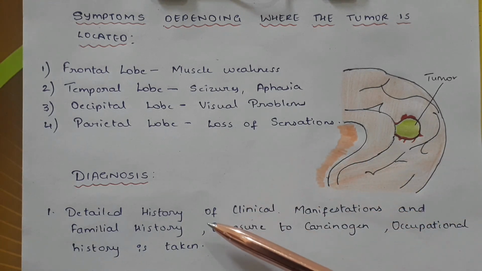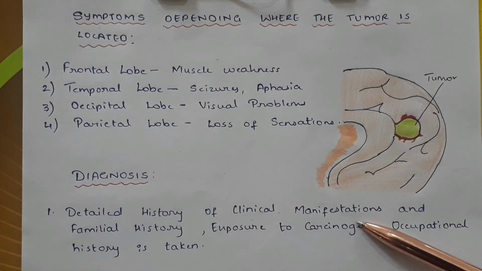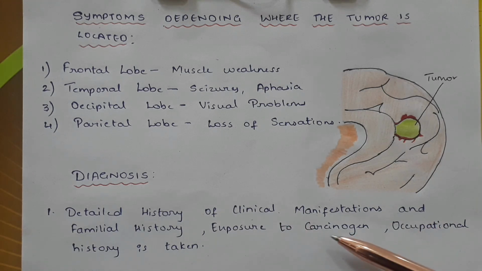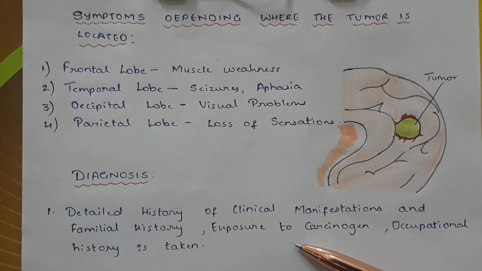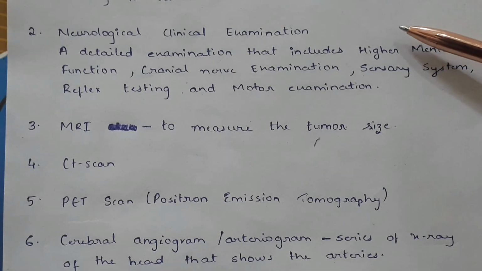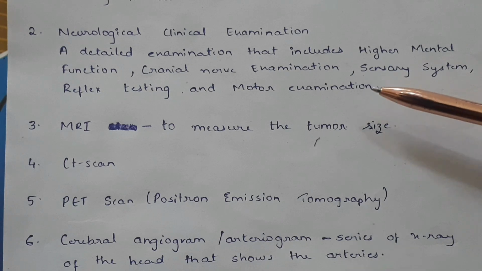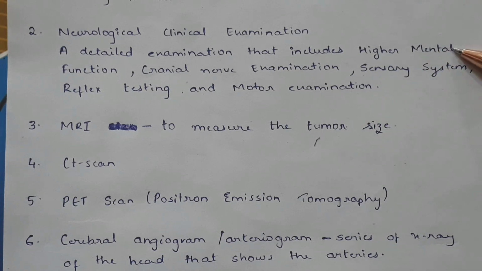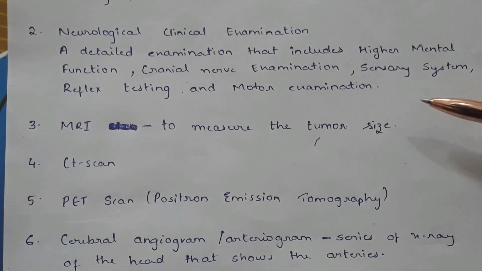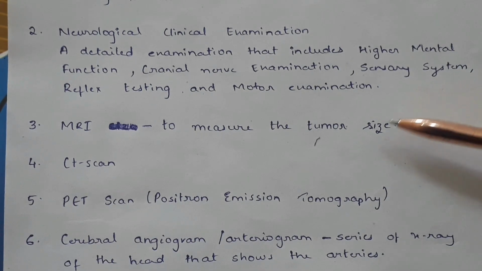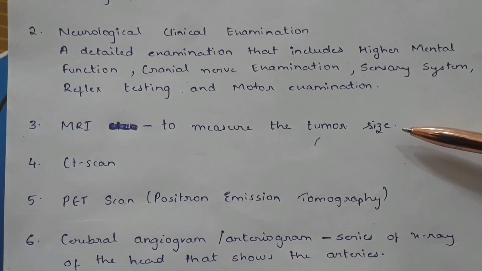Diagnosis includes detailed history of clinical manifestations and familial history, exposure to carcinogen, and occupational history is taken. Neurological clinical examination, that is a detailed examination which includes higher mental function, cranial nerve examination, sensory system, reflex testing and motor examination, MRI to measure the tumor size,